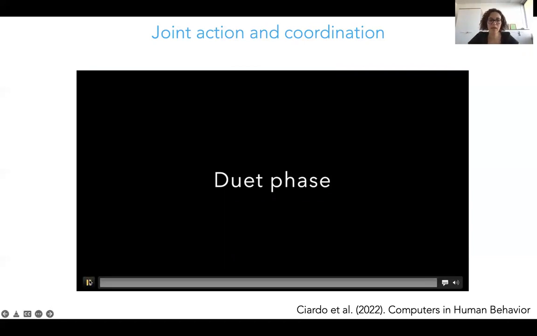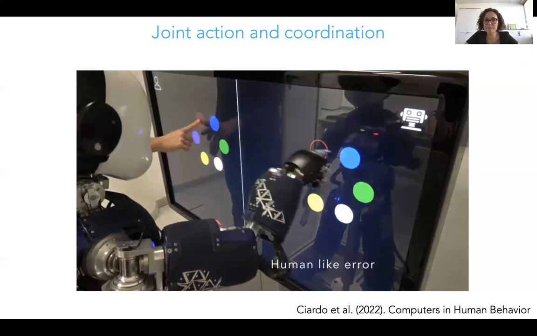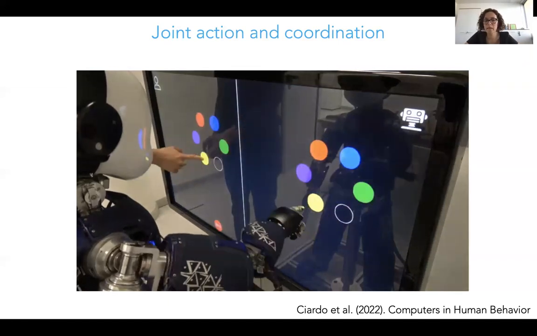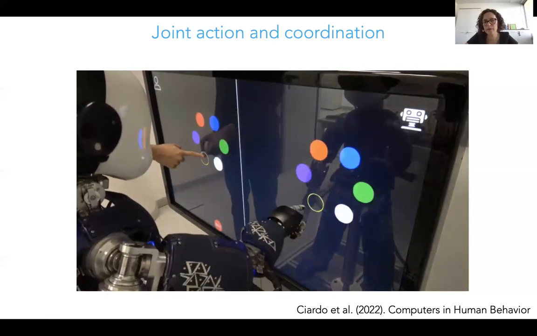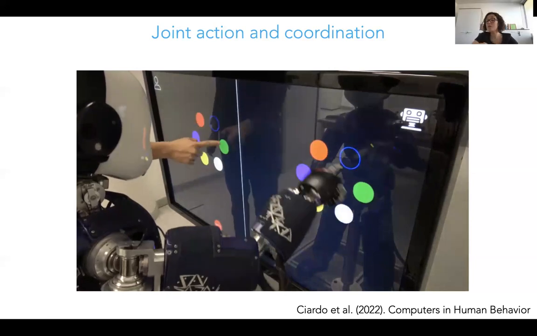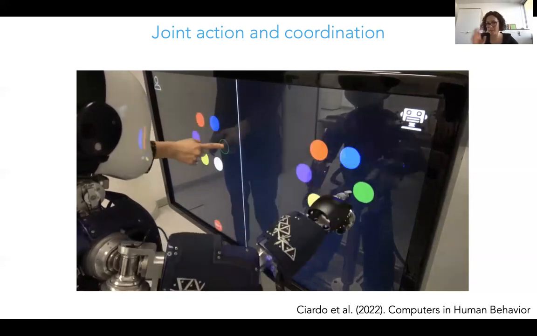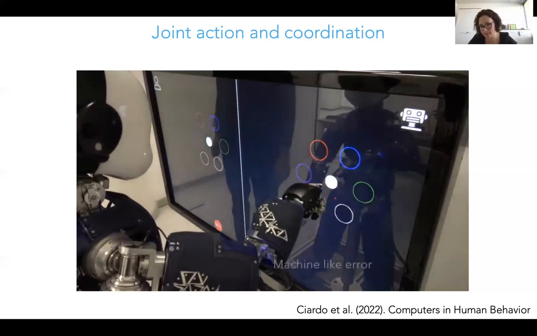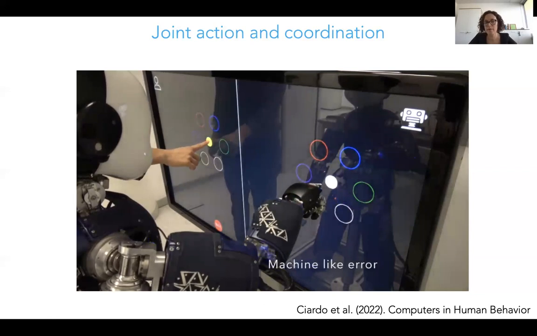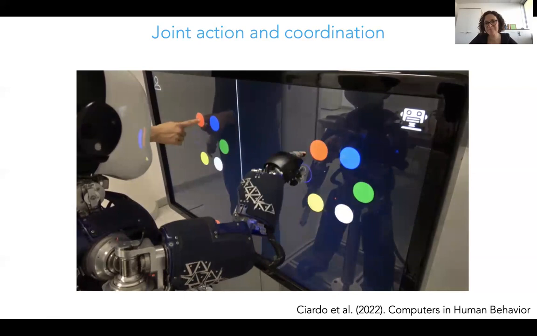And so here you have a human-like error. As I say, it's a very simple melody, but you can imagine it could get harder. Now the robot just swapped two taps, right? So it tapped the wrong tap by accident. That could happen to a human, especially with a more complex melody. Now, the machine-like error is very machine-like. You will see in a moment.